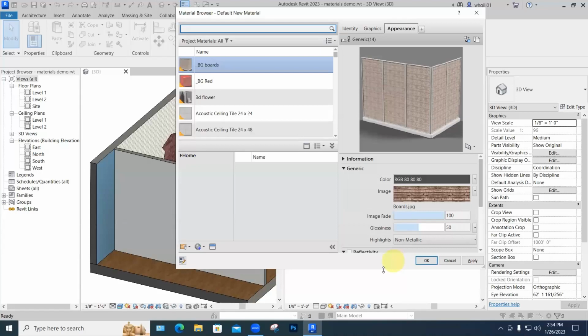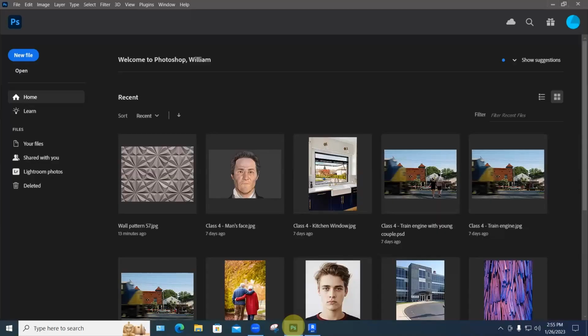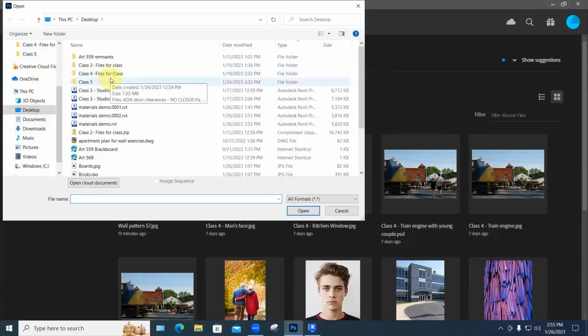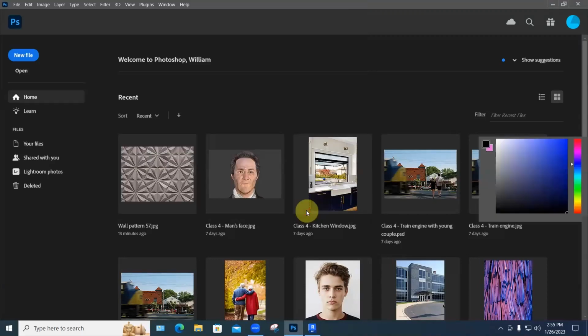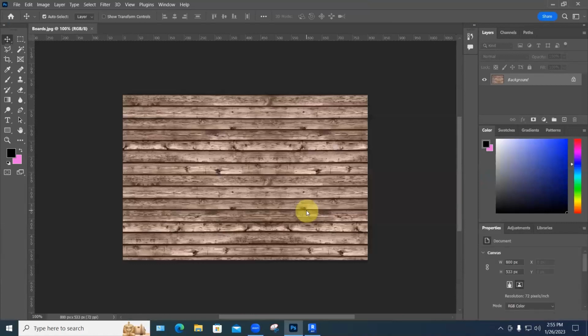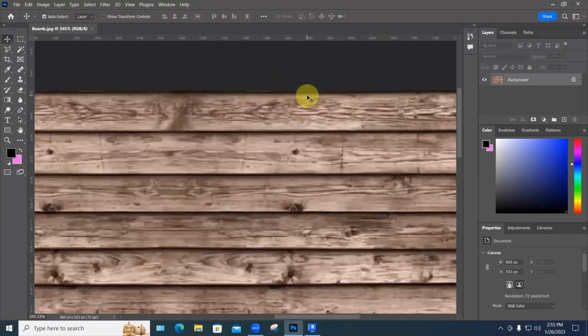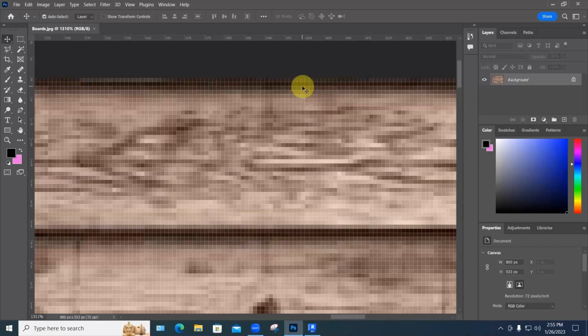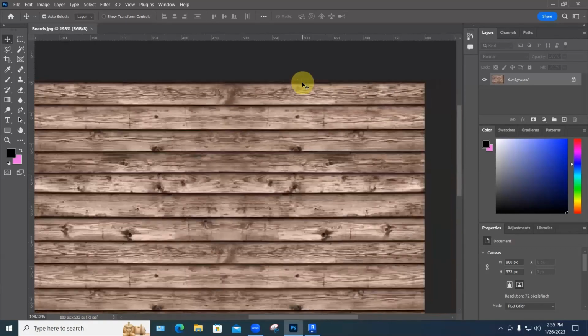I should have left Photoshop open. Open. Boards. There it is. Well, you see, we've got basically a board and a shadow and a board and a shadow. And up here, we've got the little remnants of a shadow at the top. So I think if we can just